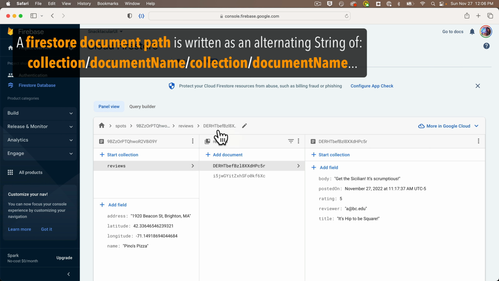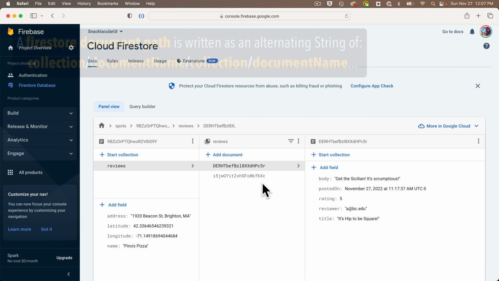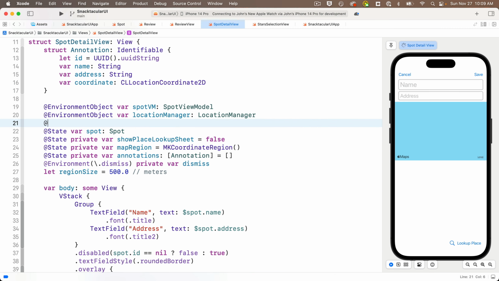So the path that we want to get to in order to be able to read or write a document will be spots, the restaurant review: spots plural, slash the ID of the spot, that'll give us the document of a given spot or restaurant, slash reviews plural, which is the name of the collection of restaurant review documents for that spot. So if we return to Xcode and we try to write this with @FirestoreQuery,